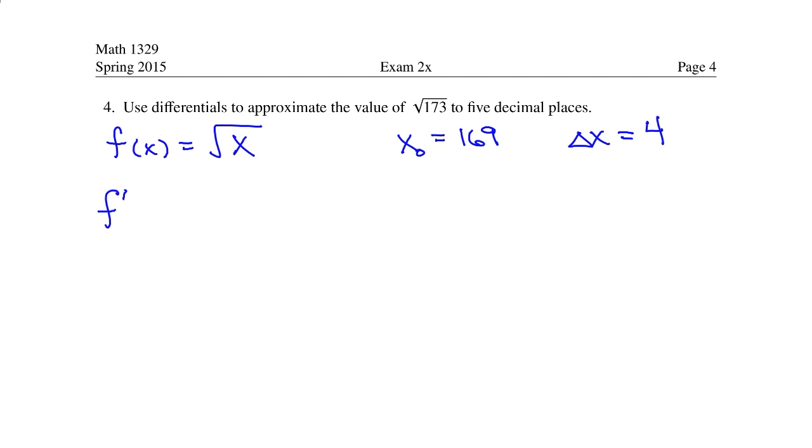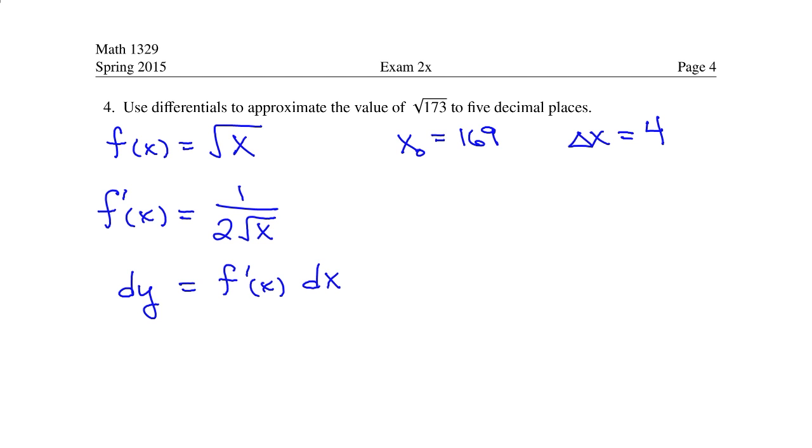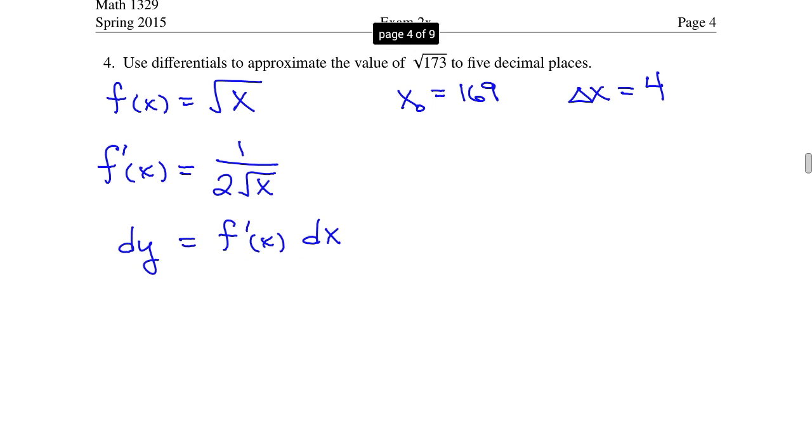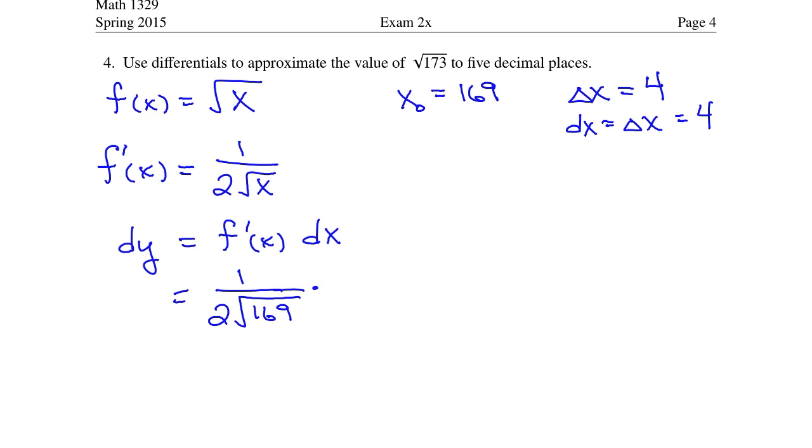Next, we need the derivative. The derivative of the square root function is 1 over 2 square roots of x. We need the differential formula, which is dy is equal to f prime of x times dx. Now remember, when we do a differential problem, we assume that dx is equal to delta x. So that's going to be equal to 4. So here we're going to have 1 over 2 square roots of 169 times 4. And if you work that out to decimals, you get